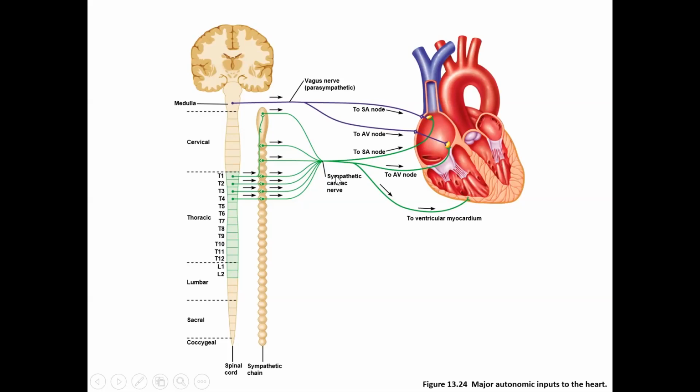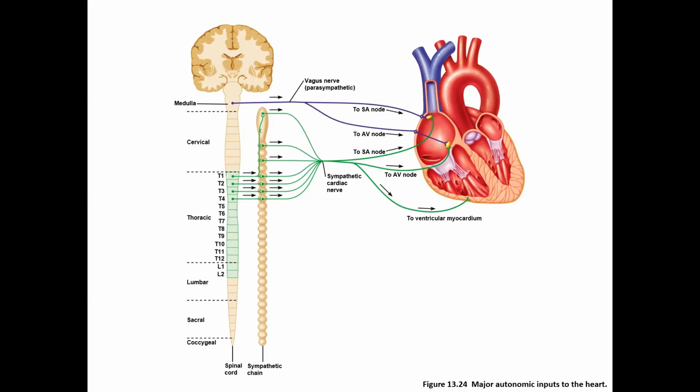And so these are the sympathetic nerves, right? So we've got the preganglionic and then the postganglionic. This is the sympathetic chain, which we should be very familiar with at this point. And so we've got these nerves that are going to several places in the heart. We've got the SA nodal cells, the AV nodal cells, but also the myocardium, so the actual contractile cells of